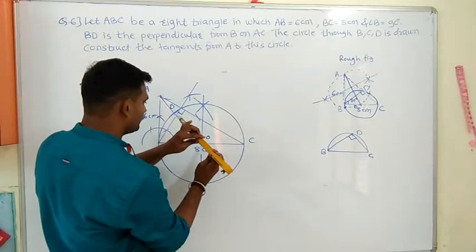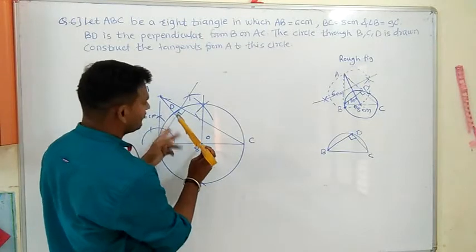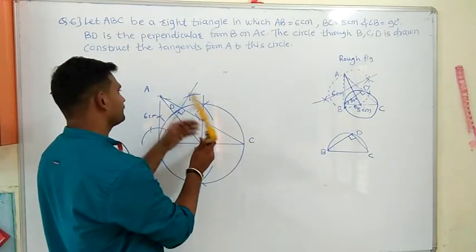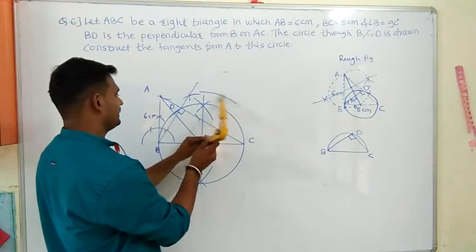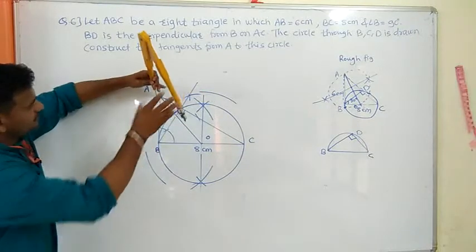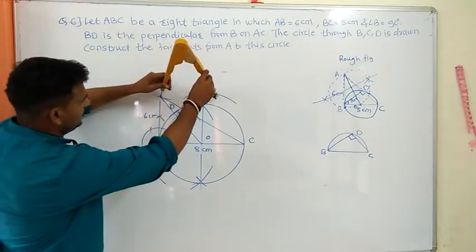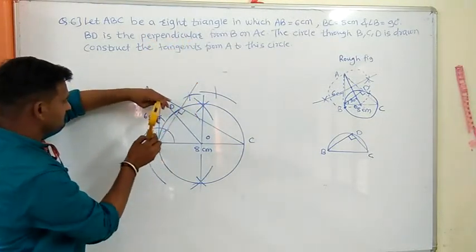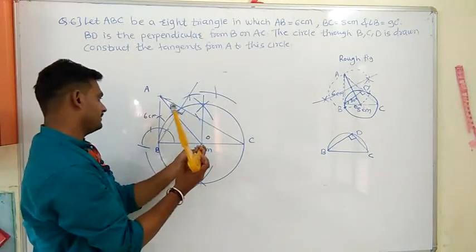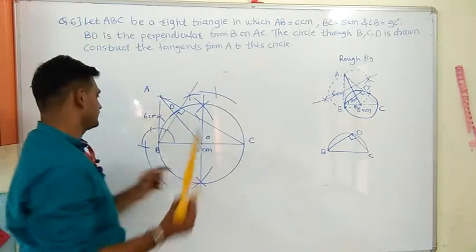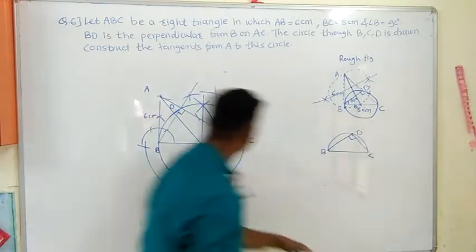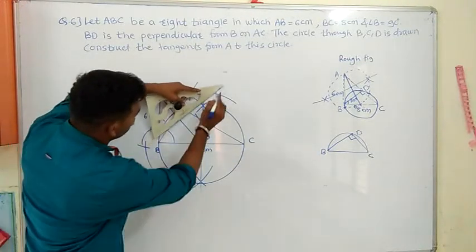How to draw? We have to take more than half of the distance AO. I will mark one arc here and a second arc here, and after this put the compass at the point A and draw another 2 arcs. It is not intersecting. See here. Again I will draw here. They should intersect. Now we got this one point and this one point. After this I have to join these 2 points also.